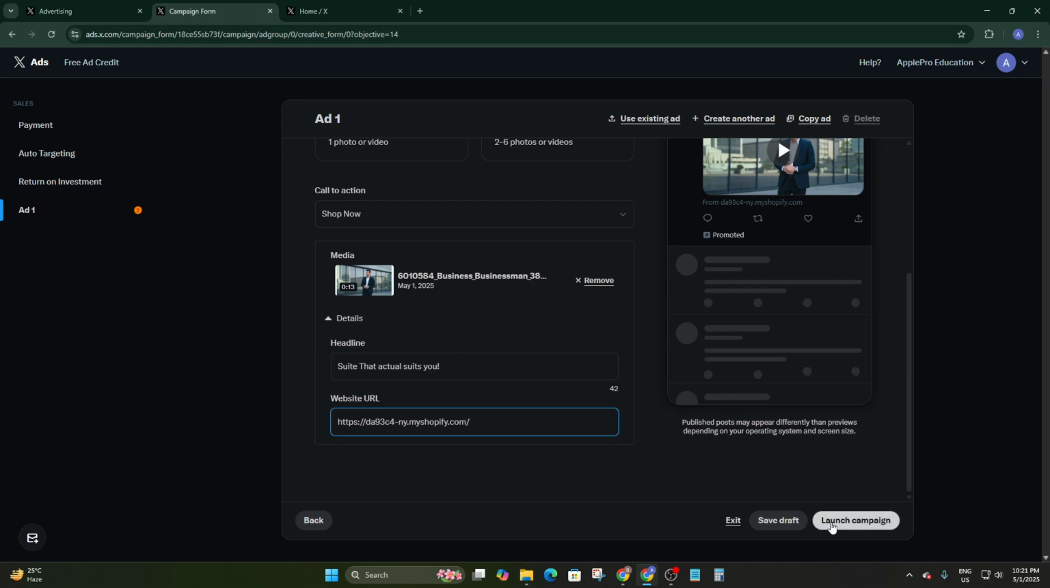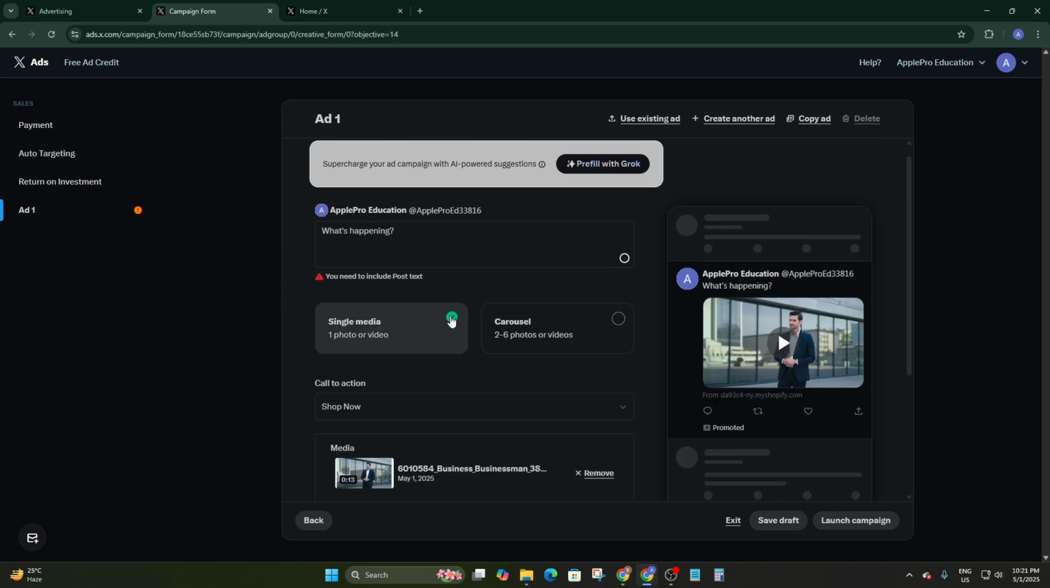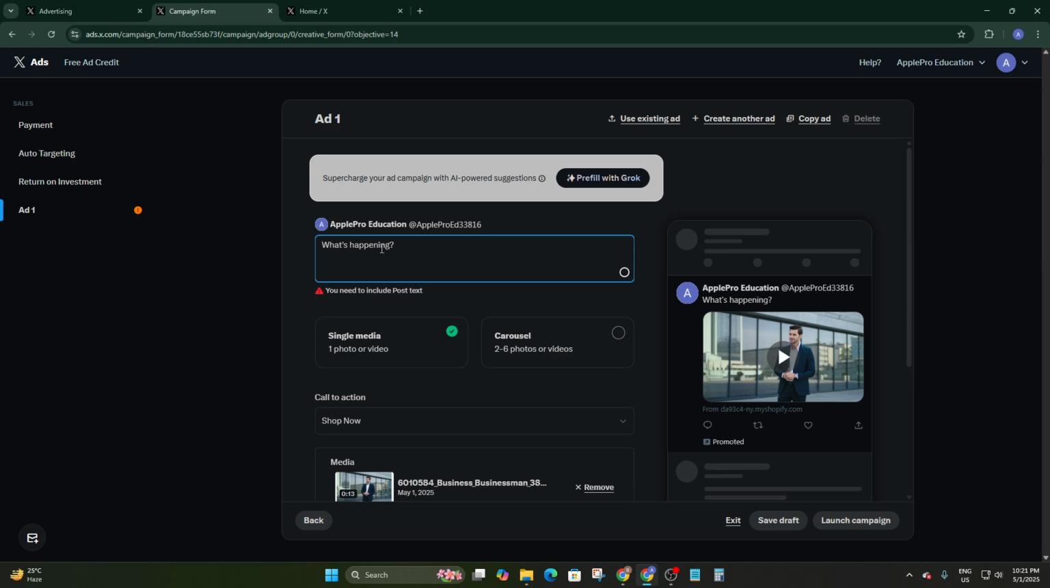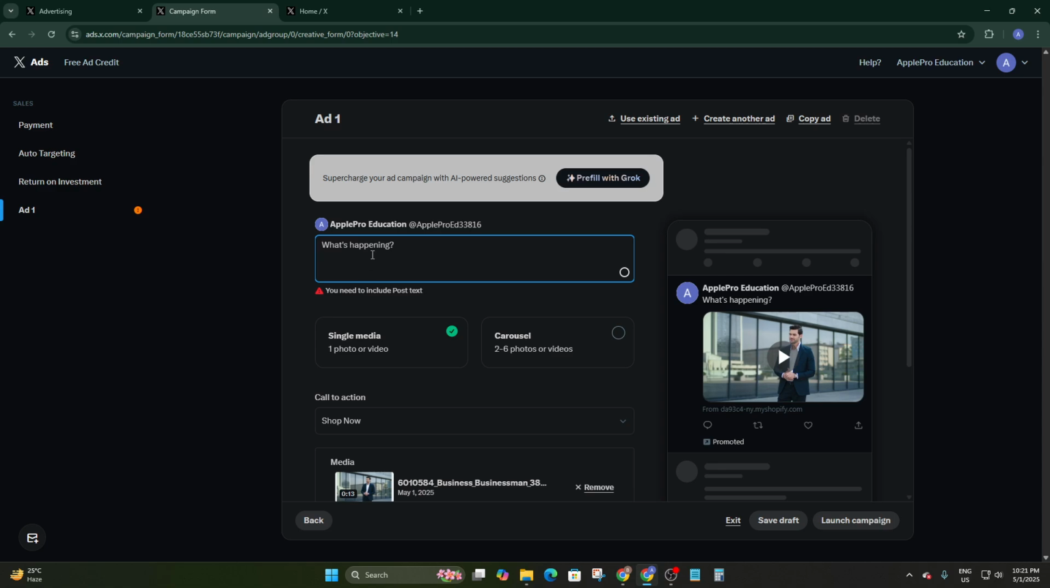So here you can see Launch Campaign. You can launch the campaign here. So you can simply click on Launch Campaign. So here it is. You have to add captions on what's happening. So a headline that suits you. So you can add something like